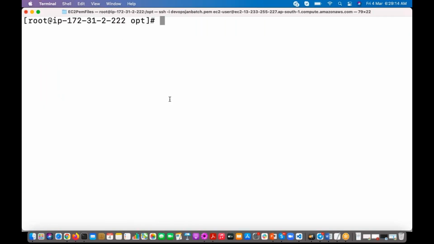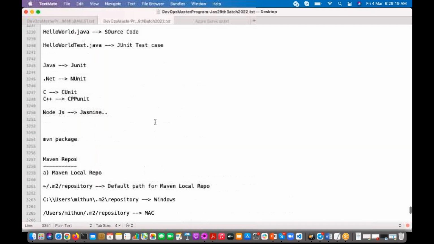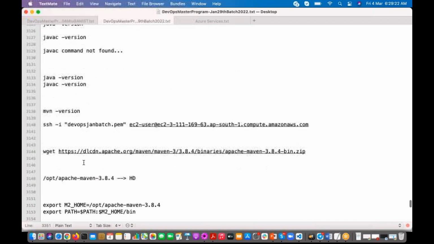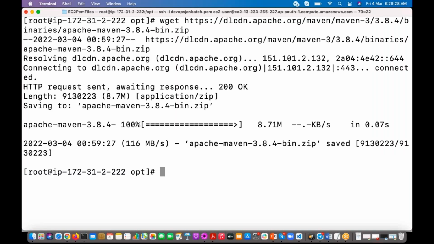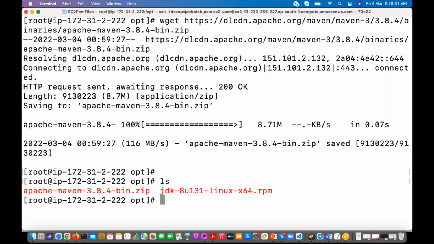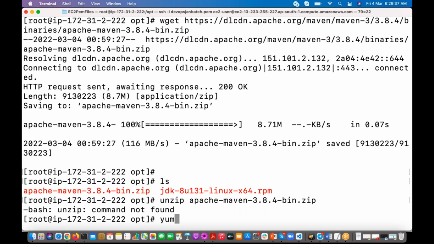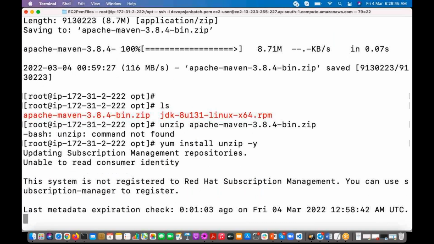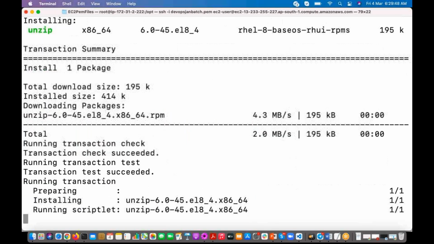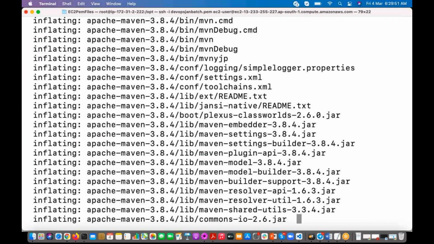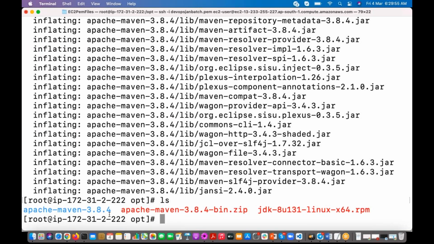Okay. Then install Maven. I have already explained some commands here for installing. So download this latest version of Maven. Okay, it's downloaded. Extract it, unzip Apache Maven. So install this unzip command. Then you can extract it. So it's extracted. See here. Then